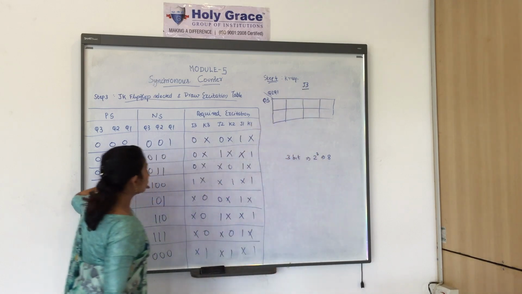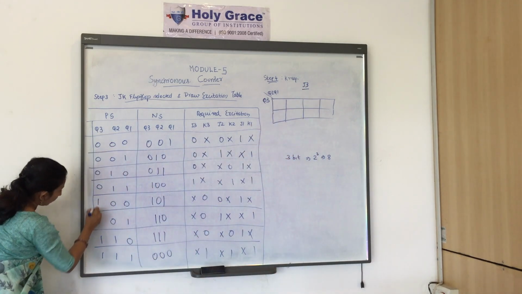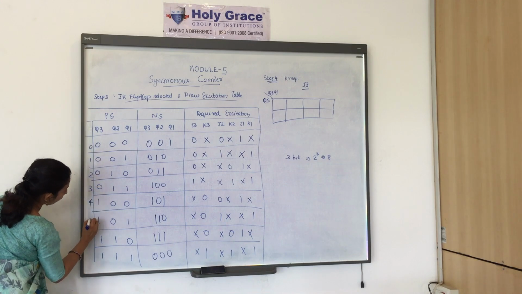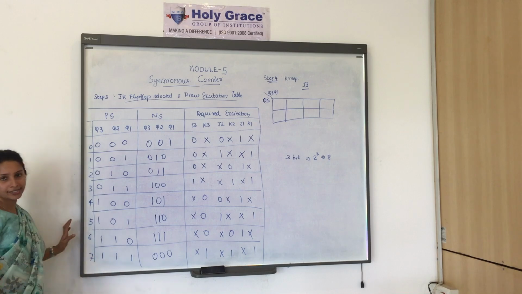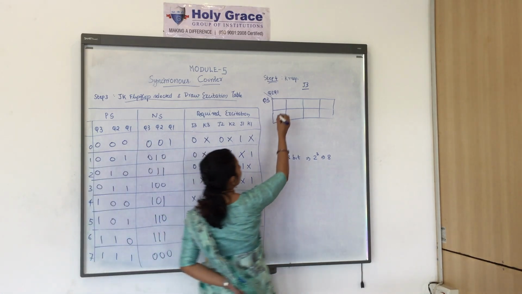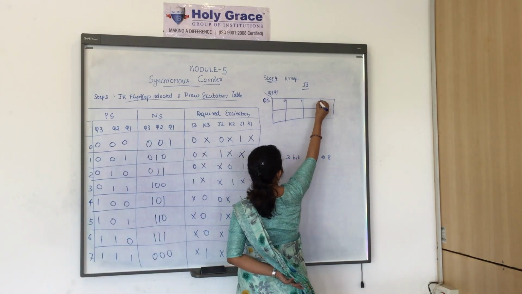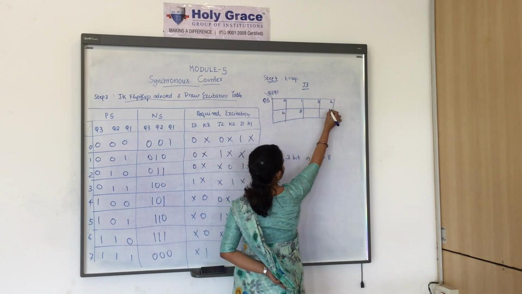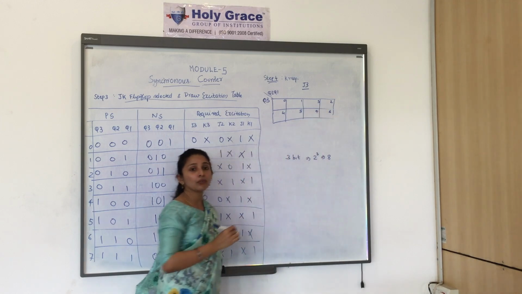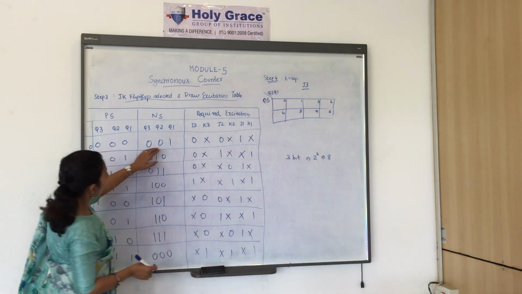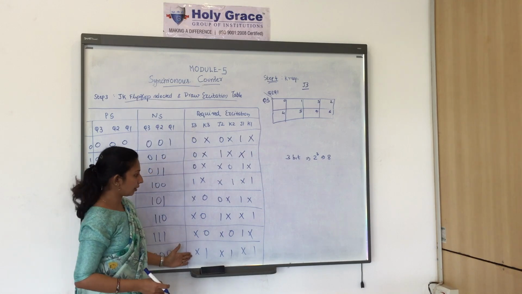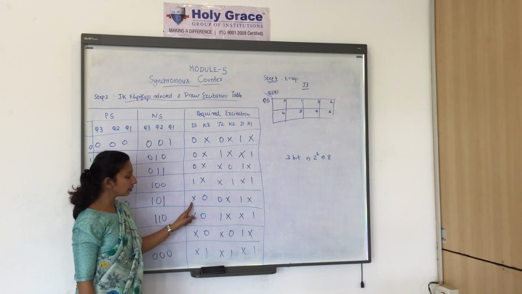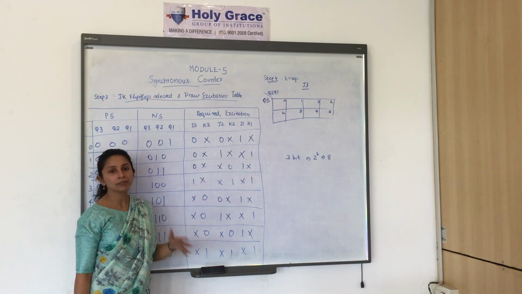Okay. Now as you know, these states can be represented in decimal values 0, 1, 2, 3, 4, 5, 6 and 7. So in a K-map, the order is 0, 1, 3, 2, 4, 5, 6, 7. This is how we represent a K-map. Now we are going to fill it for J3. For J3, we will only fill the 1s and don't care conditions. The rest of the cells are left out.